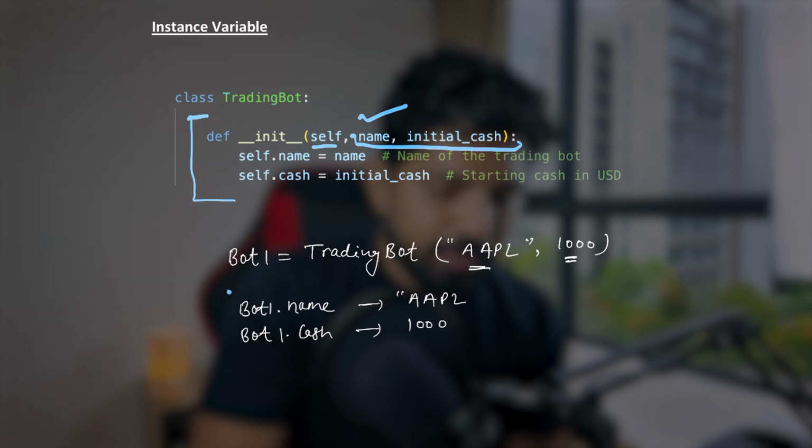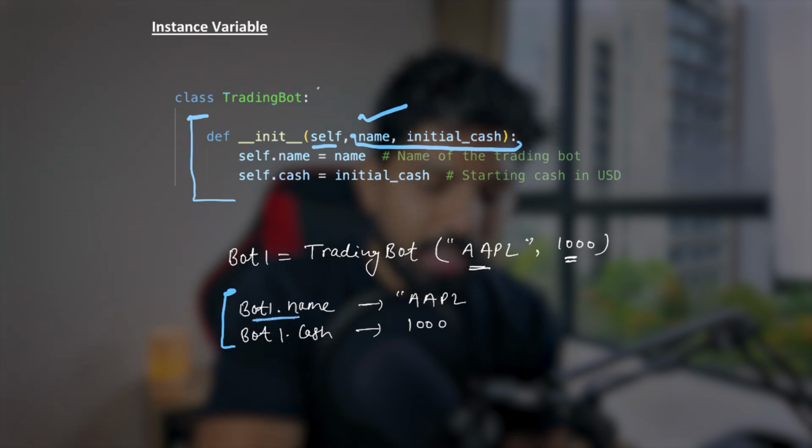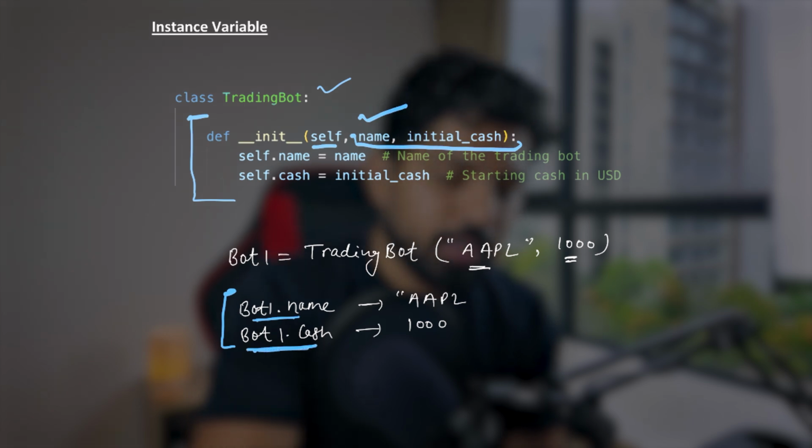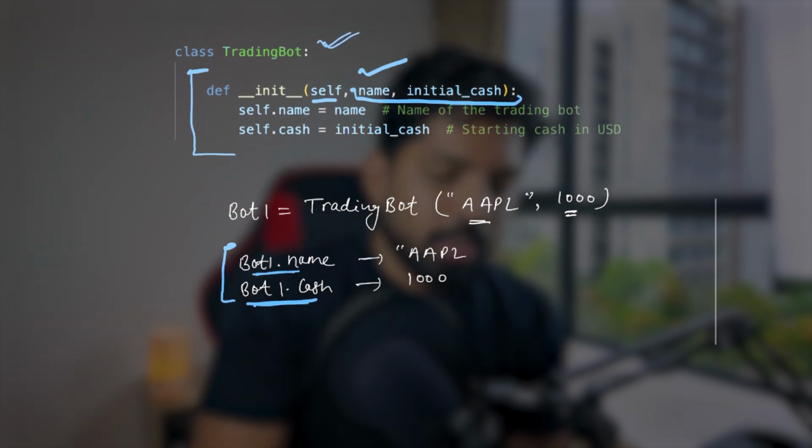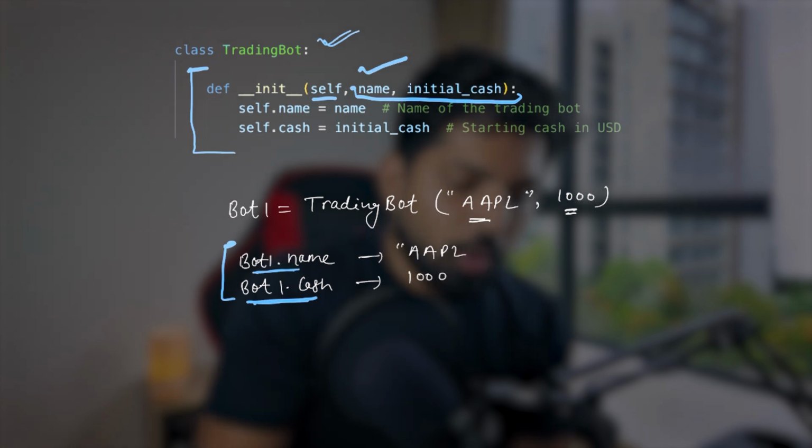Until now you are clear, right? So we can say this bot1.name is the instance variable of this class. Again, this bot1.cache is another instance variable of this class. That is okay, right? But if I create another object, let's say with the name bot2,